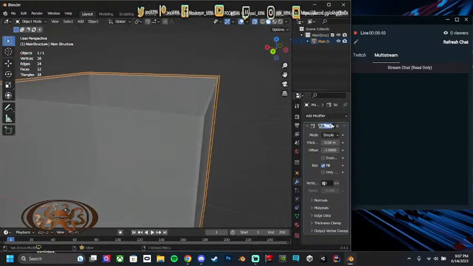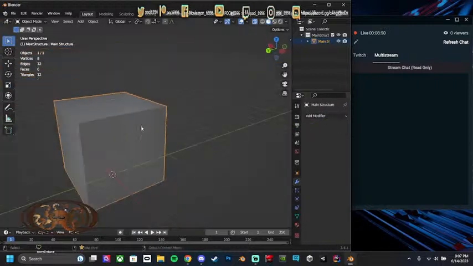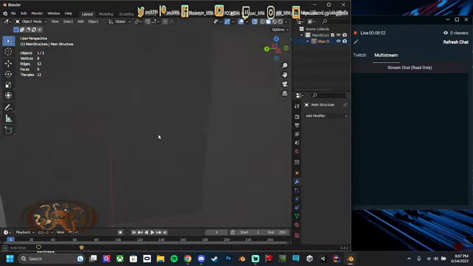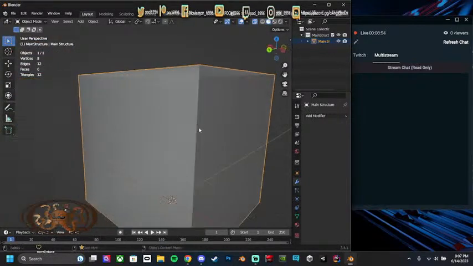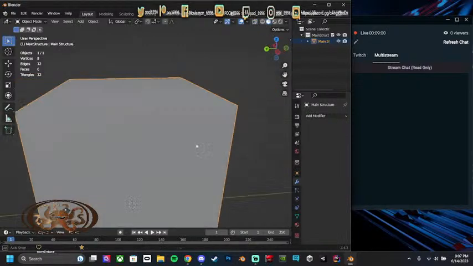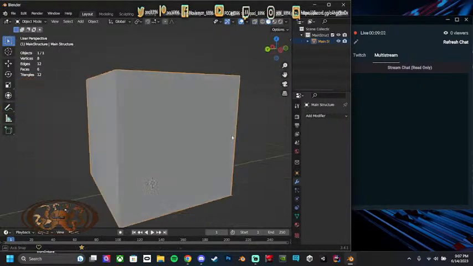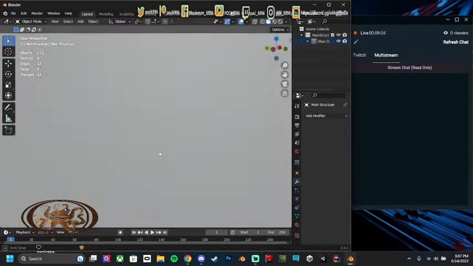And then I just apply it. If you're in object mode, you can apply these. You just hit apply, and you have a solid surface. I'm not going to do that right now. But that's the quick way to do it. It's not very practical in most cases, particularly if you have a room that you want to do,